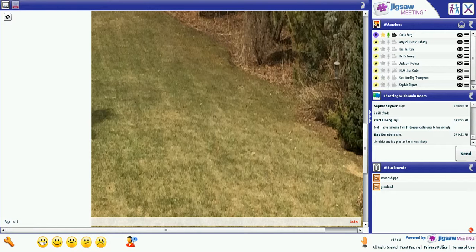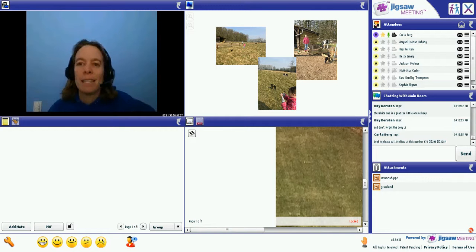Yes, we certainly can see the goats in Bay's picture. And the pony. Yes, see the pony as well.